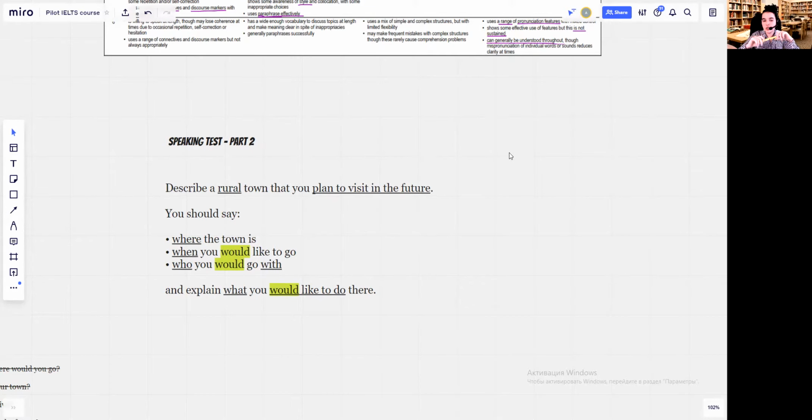Imagine I'm going to talk about a town called, there is a nice town called Gatchina next to St. Petersburg, where I live. And I want to talk about it, but I'm going to talk about in the past, for example. So I said, yeah, the last time I visited Gatchina, it was nice. It's situated in the northwest, and it's full of fantastic activities. You can really let your hair down there and have a nice outing with your friends and family.